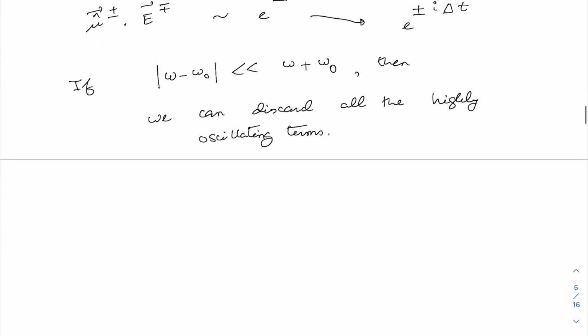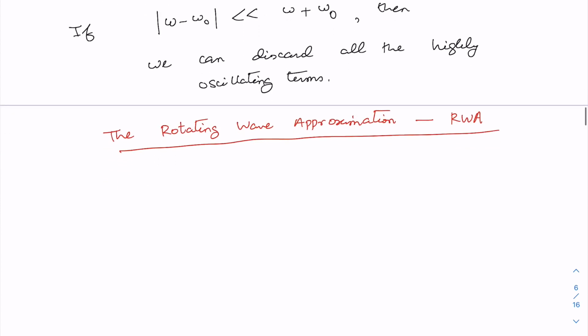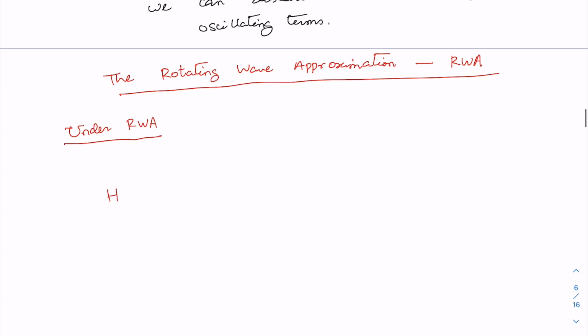This approximation is known as the rotating wave approximation, or famously in short it is called RWA. Okay, now under RWA, under the rotating wave approximation, we can therefore write the atom field interaction term as minus